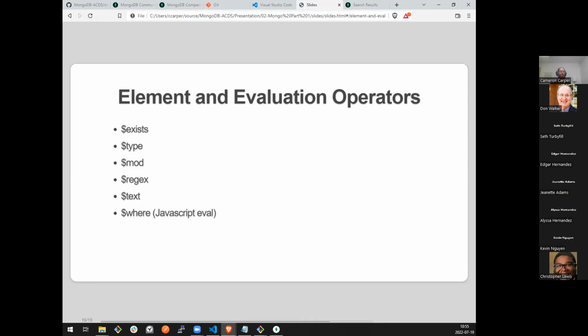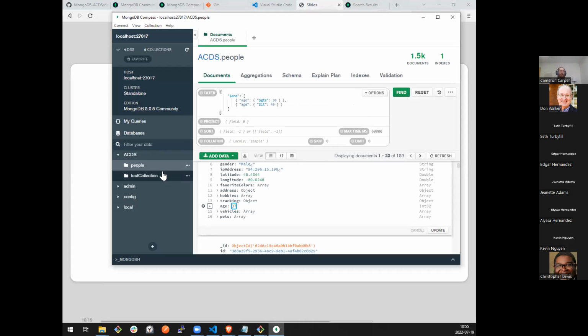Regex will allow you to apply a regular expression to a field or to a property. And I actually am going to give you an example of that, because that is the regex operator, but just like we have the implicit equals, where if we just say field name : value, it knows we're asking for an equal. We also have that with regex.